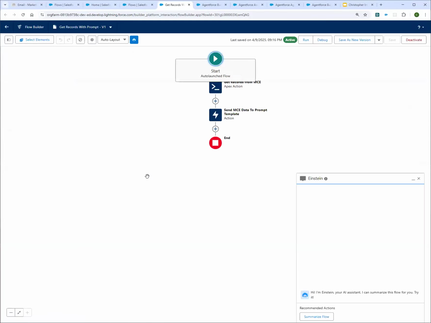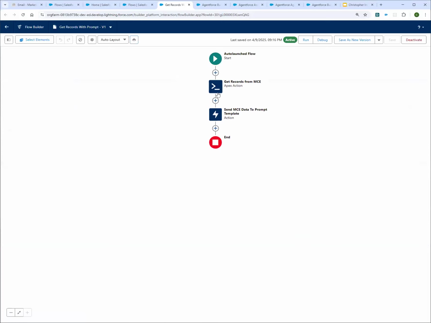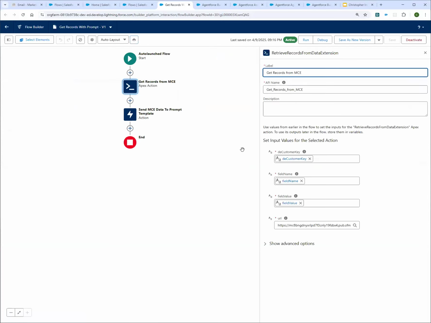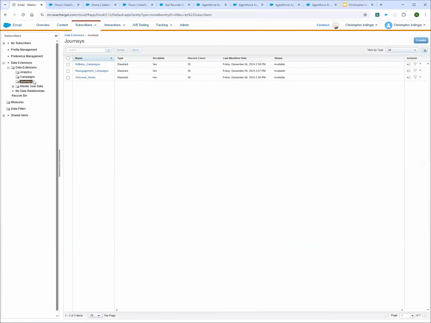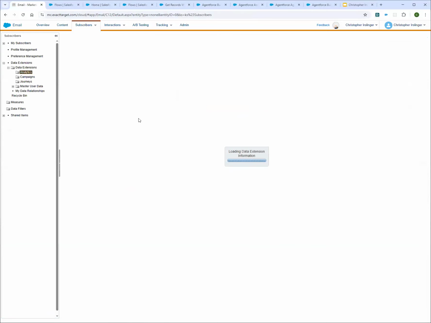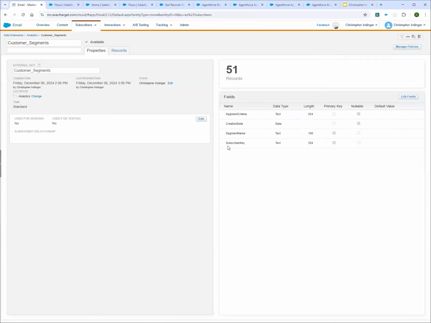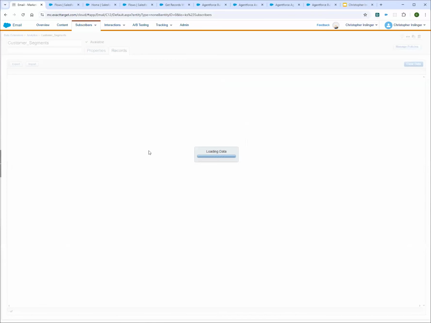Get records with prompt. And so here, doing the same type of method, we can do an Apex class that instead of just saying a query string and then producing a response, looking up data extensions based off of that, this is give me a data extension, give me a field name, give me a field value, give me all of the records that are assigned with that. And so if we did that for instance, maybe our customer segment section, we have subscriber key as a partial primary key in this, so we have the possibility for multiple results of the same user to come up.